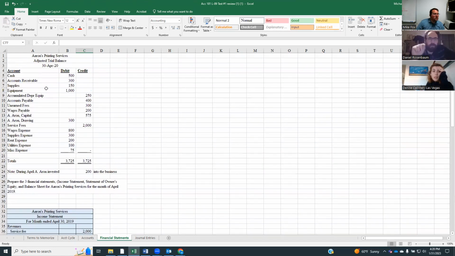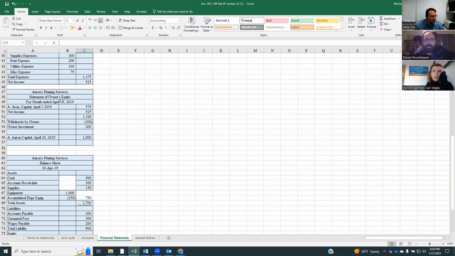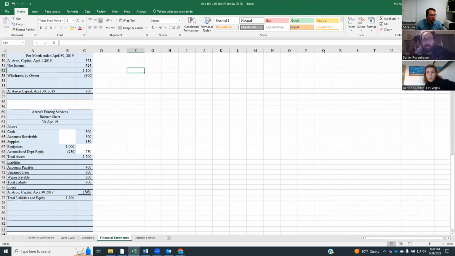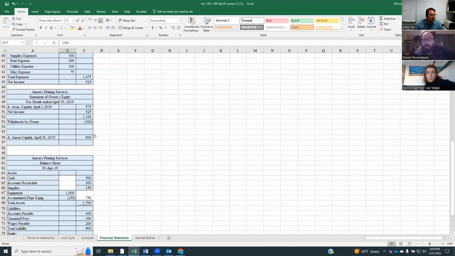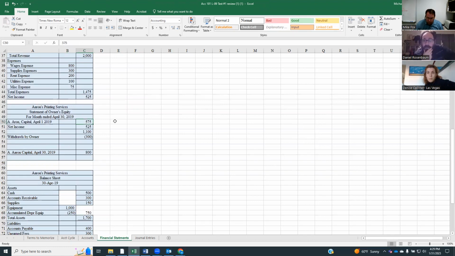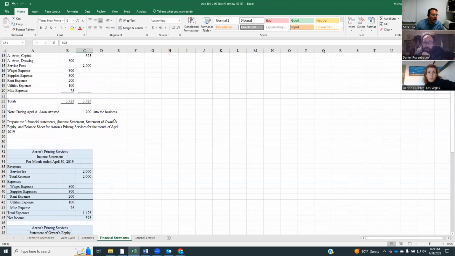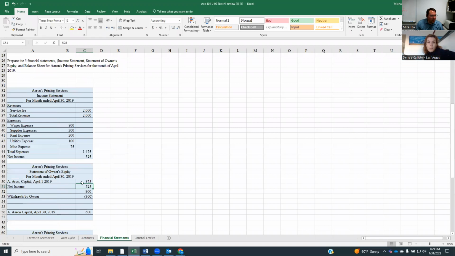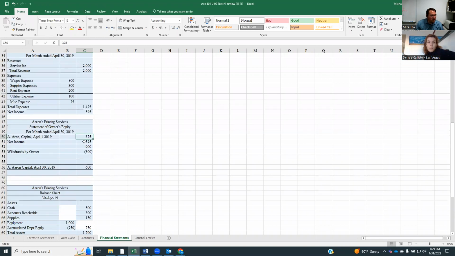What is this? Oh, this is our adjusted trial balance. Okay, that's what I was just going to say. Since it's an adjusted trial balance, it's already been in there. The 200 should already be in the 575. So technically speaking, if I understood it correctly, 375 is what the capital was in April before the adjustment was made. That's what they're wanting us to do. That makes sense. So they're wanting us to make that leap: if we have 575 here, then we would have 375 up front, and then we would have